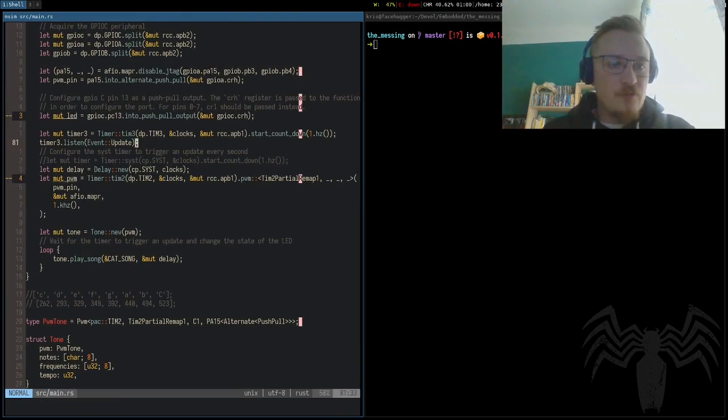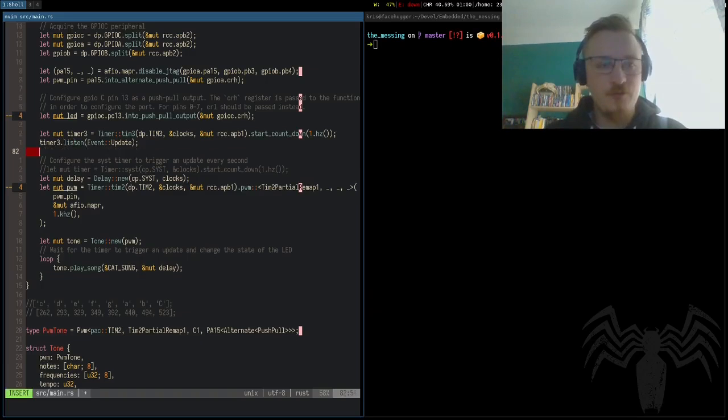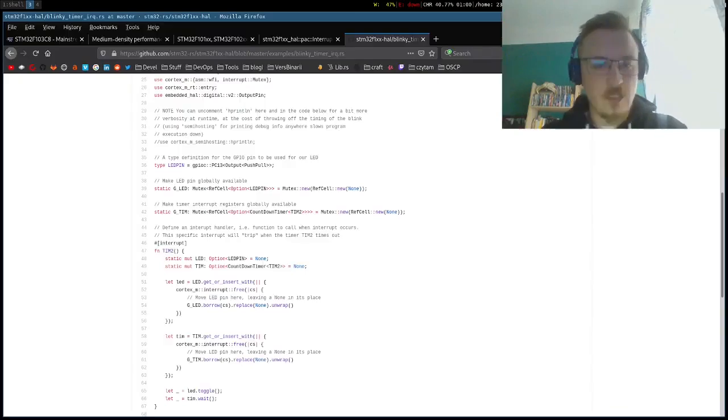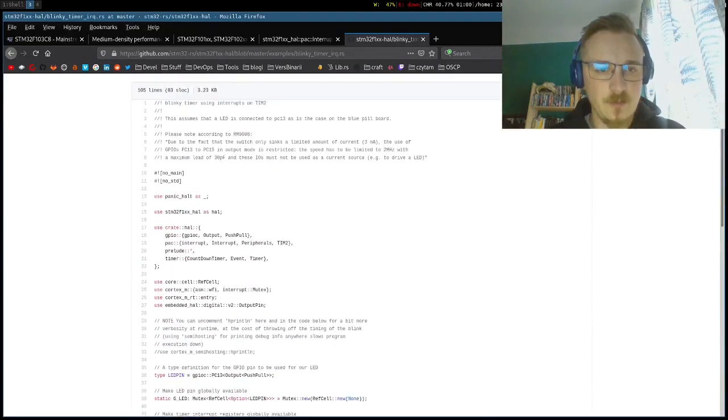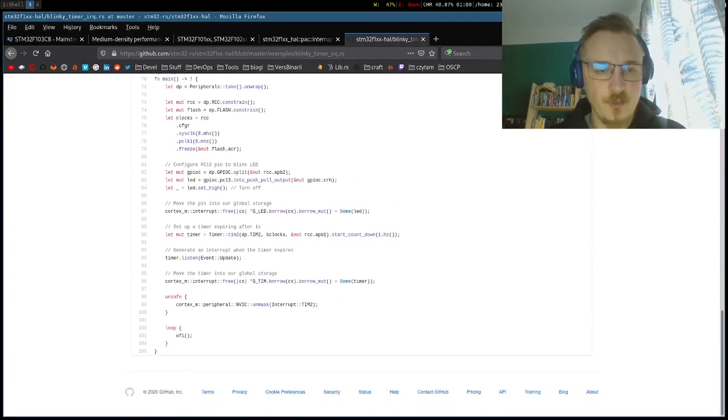So that essentially enables the interrupt on the timer 3 peripheral. So now we need to initialize the global mutex variables with our objects. So the LED,